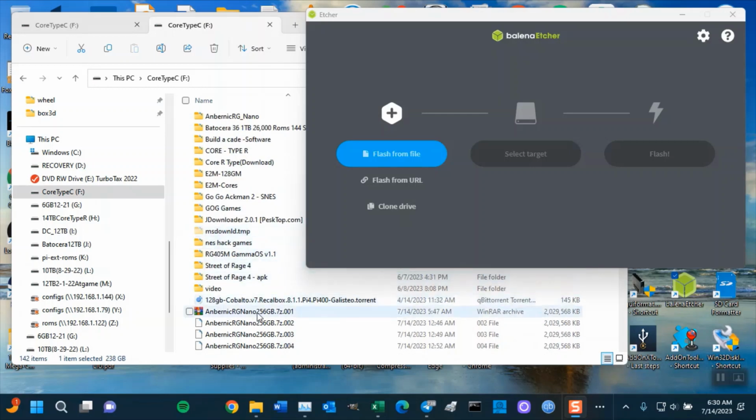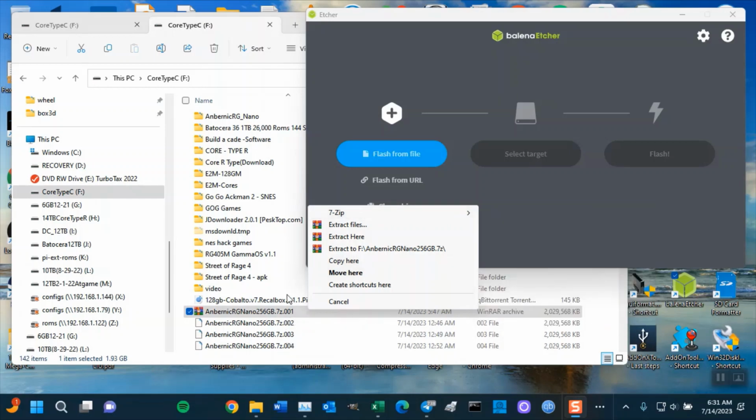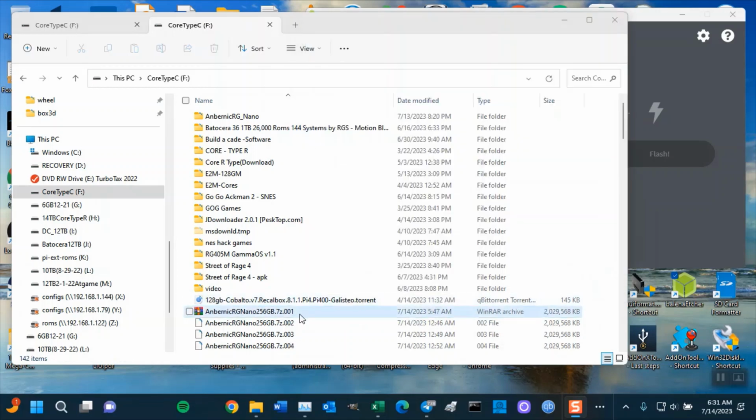You're going to right-click it, okay, and choose 7-zip. You have to install 7-zip in order to do this, okay? So 7-zip and Etcher. So you're going to say extract here, okay? Once it's extracted, it's going to look for all the rest of this file. Okay, so and make sure your file is